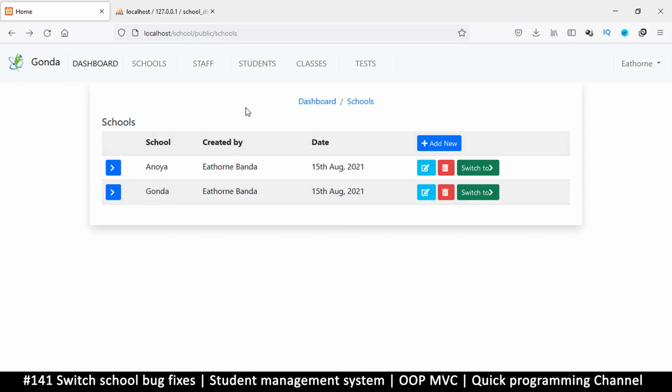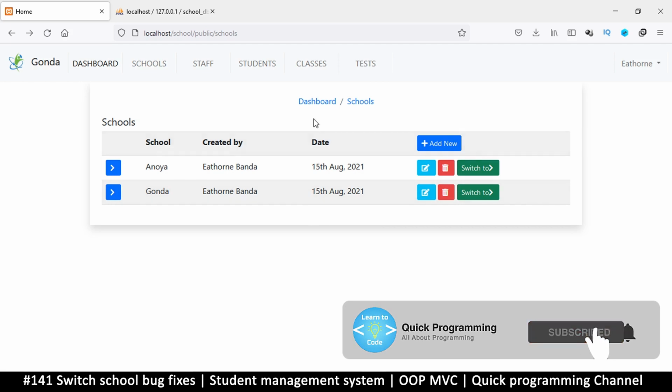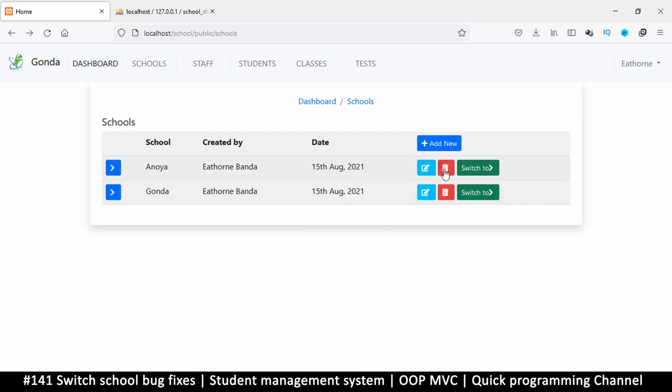Alright, so before we continue here, what I wanted us to do is add some pagination to our tests. But before that, I noticed a few errors, so we need to take a little step back and fix a few of these errors before we continue. So for example, if I want to switch schools here,